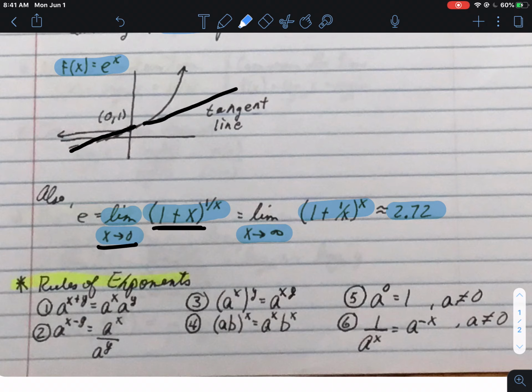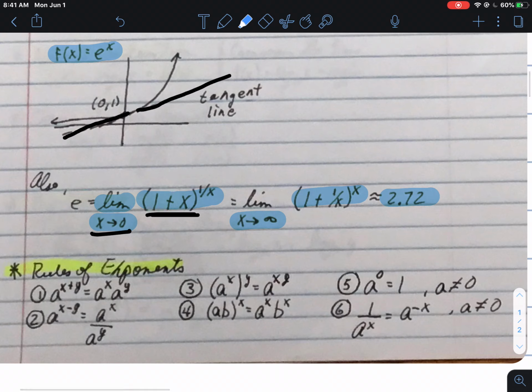That's a discussion for another class, but those are expressions that actually get used in real world applications. But there's our number e popping up. Now, this last thing I have for this part is just a reminder of some of our basic rules of exponents. Obviously, we're going to have to make use of those